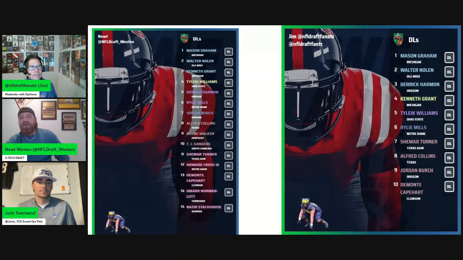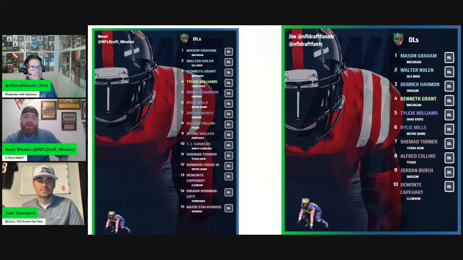I'd probably give it to Grant just because of how close I already have him and Nolen. If you were telling me I've got 3 downs to stop the opponent from getting a first down, Tyleik Willams out there all day long. Tyleik Willams might be out there ahead of everyone except Mason Graham. Mm-hmm.